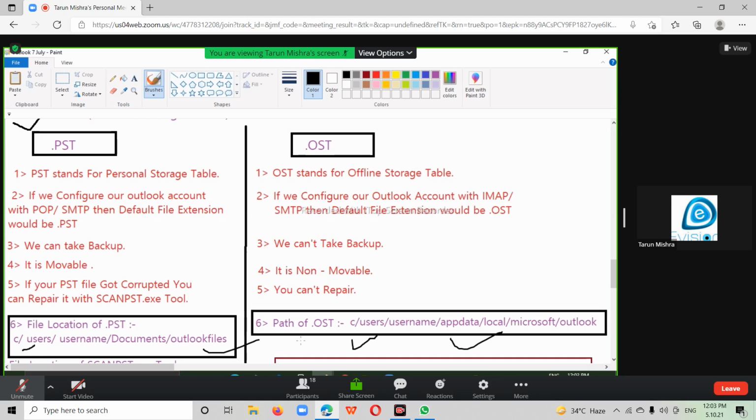That's the difference between PST and OST. Guys, is the PST and OST difference clear? Yes, sir.